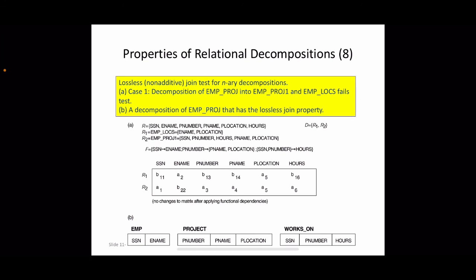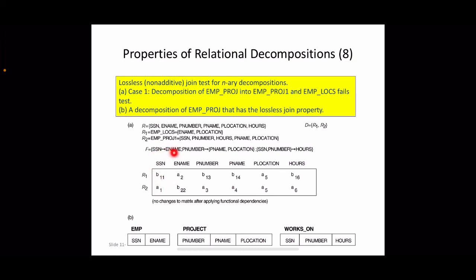We take the first functional dependency, SSN determines ename, and we check whether any of the matrix rows have the same value in the X part. Here it is A1, here it is B11, so it's not the same.